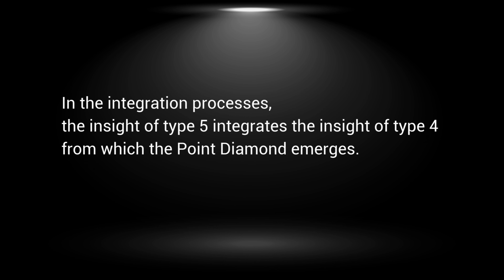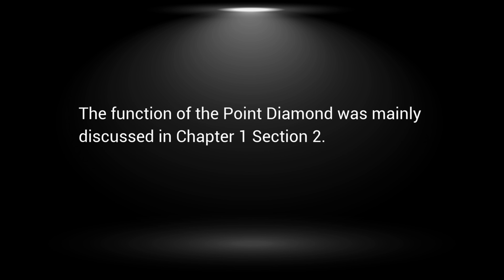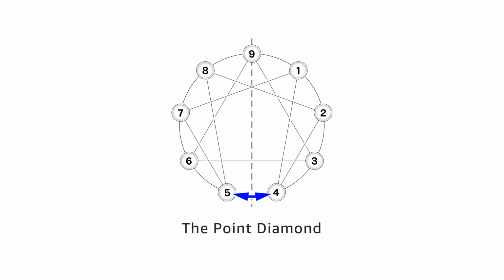In the integration processes, the insight of type 5 integrates the insight of type 4, from which the point diamond emerges. The function of the point diamond was mainly discussed in Chapter 1, Section 2. The function of the point diamond can be used to deepen the process from point 5 to point 8, as well as the process from point 4 to point 1. In this figure,